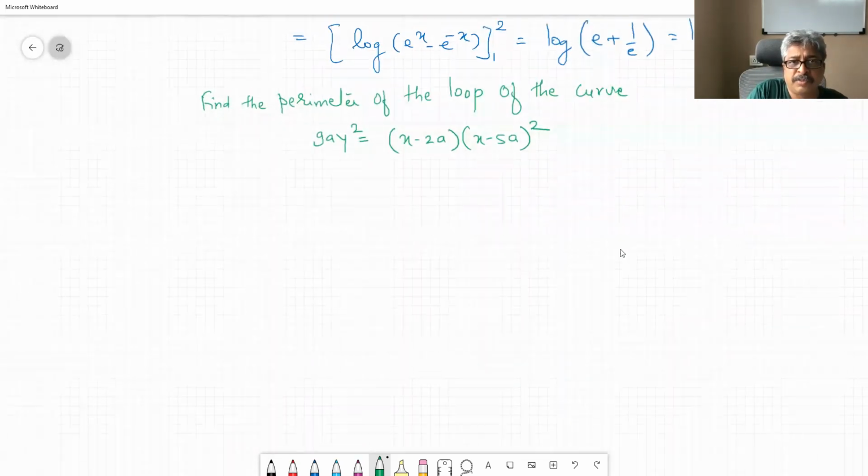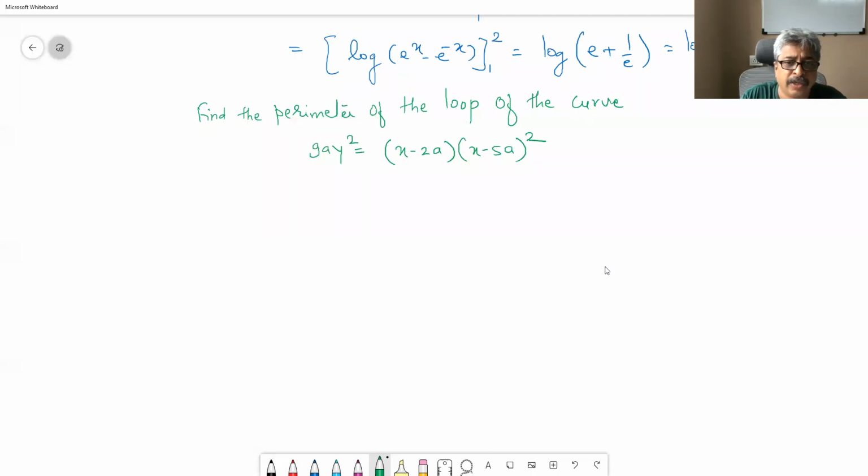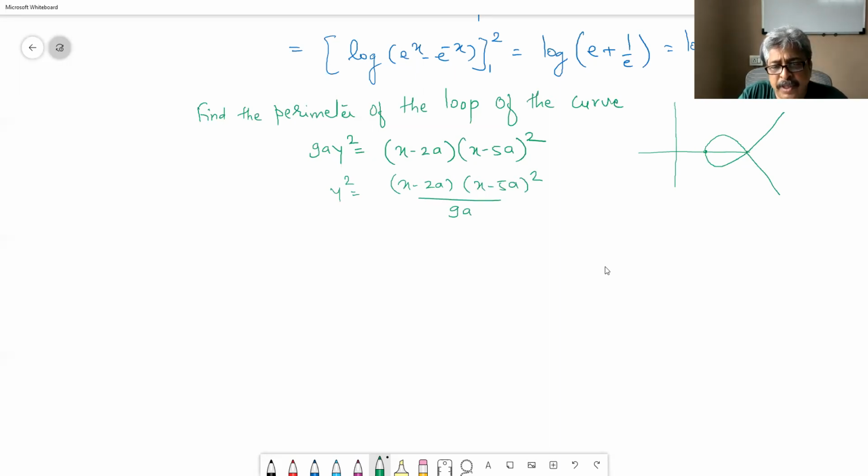Now, a similar curve was there for our revolution yesterday, and the nature of that, if you really look at it, is something like this. Okay, so if you throw this 9a to the other side, we get y square is equal to x minus 2a, x minus 5a bracket square upon 9a. Now, if x is between 2a to 5a, 2a to 5a,